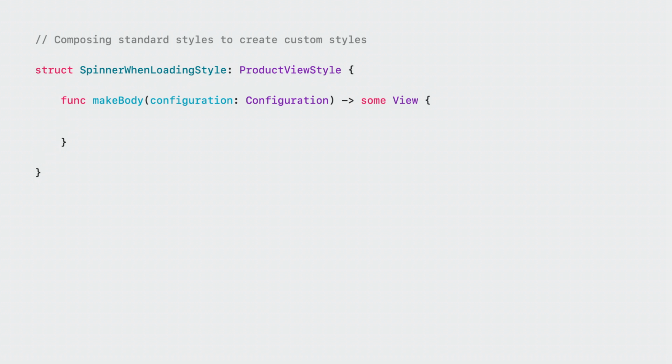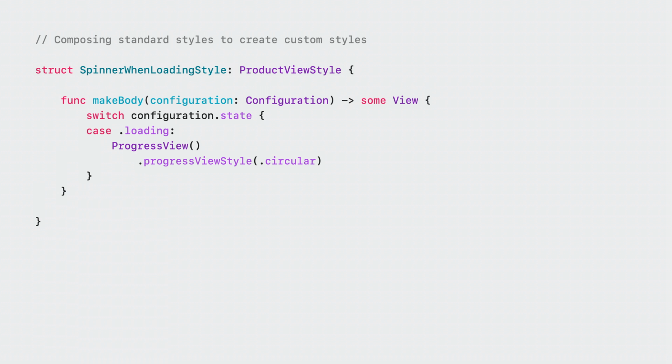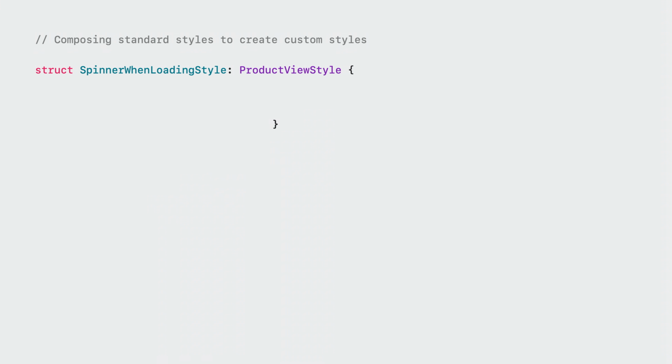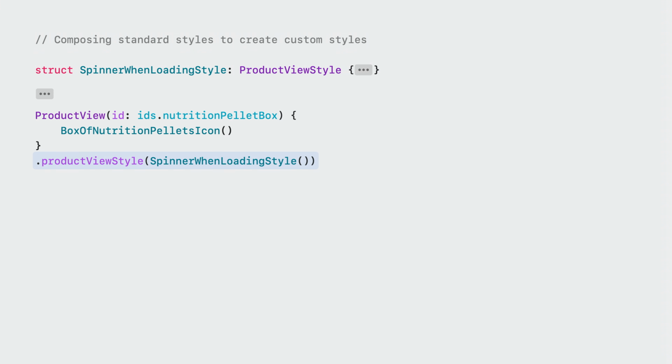For example, it has a state enumeration which covers the different states of loading the product. To customize the loading appearance, we just have to declare a progress view for the loading state. Then, we can fall back to the standard product view behavior for any other states by simply passing the configuration to a product view instance. You apply custom styles the same way you do standard styles, by passing it to the product view style modifier.